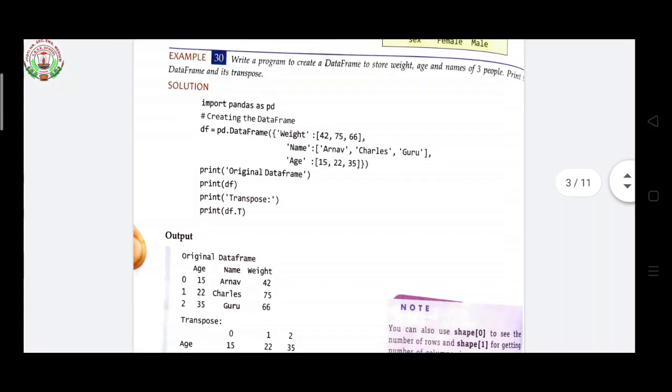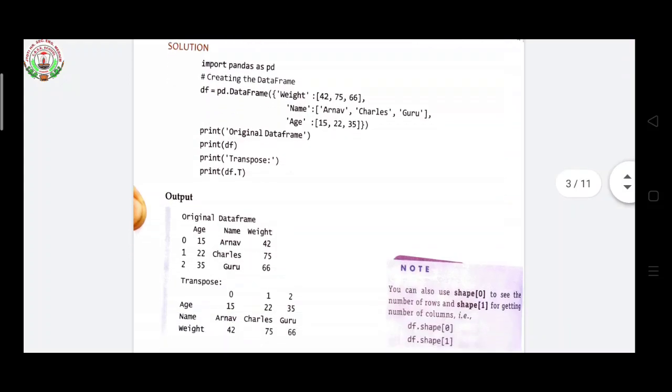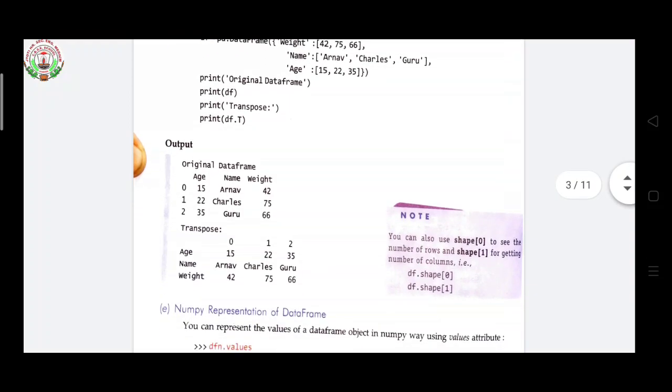Okay, now see the output of this. The original has index 0 1 2, and column names age, name, weight, with ages 15 22 35. Now transpose is used for swapping, so the next code is df.T. Now age, name and weight are in the row place, and 0 1 2 are the columns.